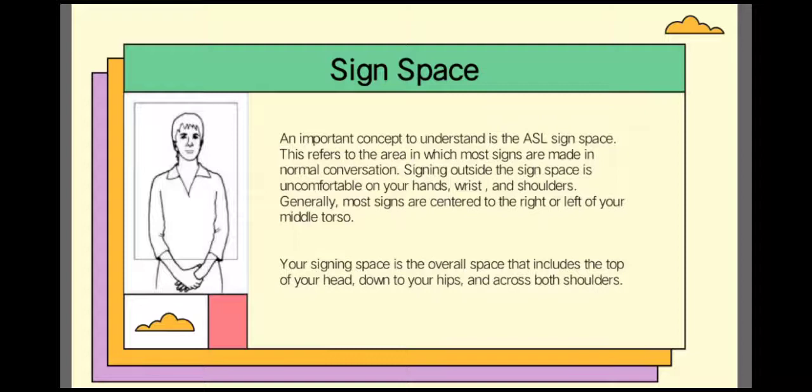When a person signs, the space is from the top of the head to the waistline. You do not want to sign so large that people have a hard time following your hands and the conversation. Just visualize a picture frame in front of you and keep your signs within that frame.